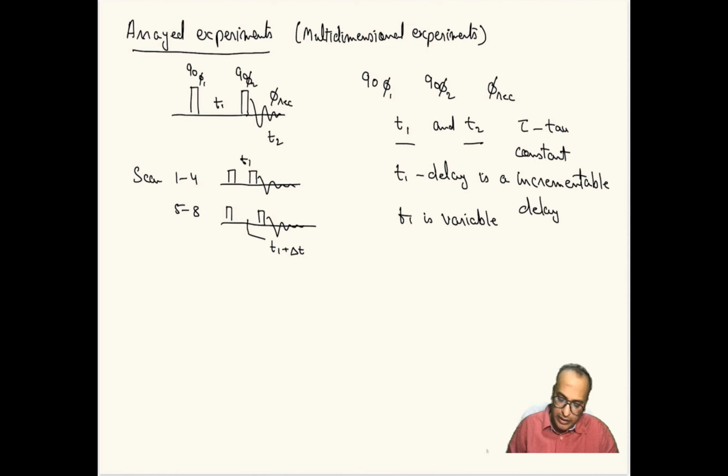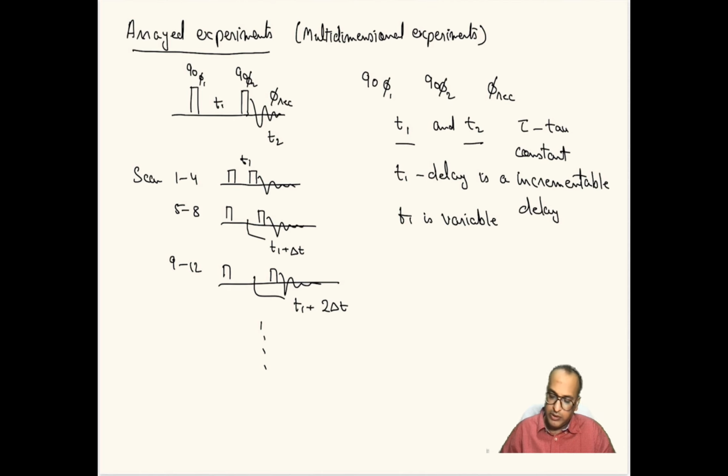Similarly, for scans 9 to 12, I now have more spacing. Now the delay is T1 plus 2 delta T, and it keeps on increasing, right? So that's how T1 becomes an incrementable delay, T1 is a variable delay,